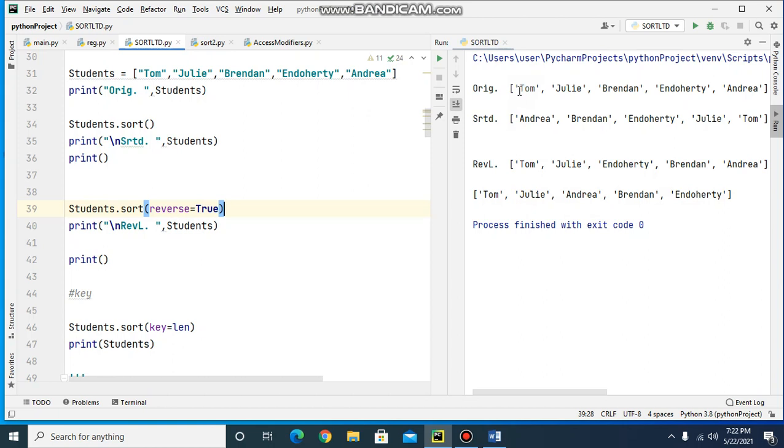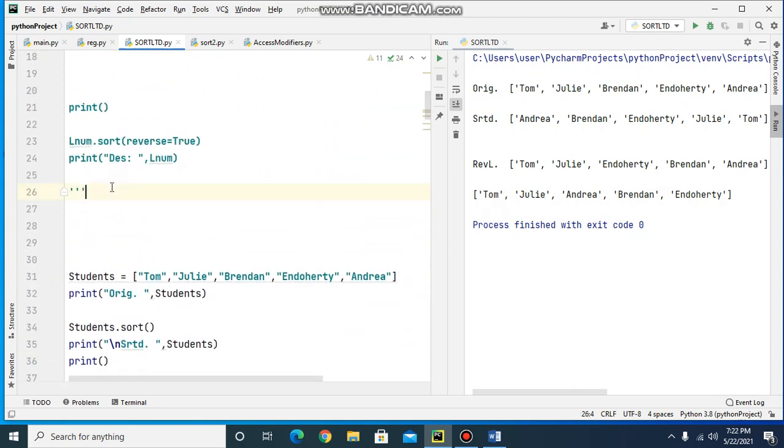So the name with minimum length, that is 3 character Tom, has come first, and the name with the maximum length, that is 9 character Endoherty, is the last. So it has printed in the ascending order of the lengths starting from 3 to 9.